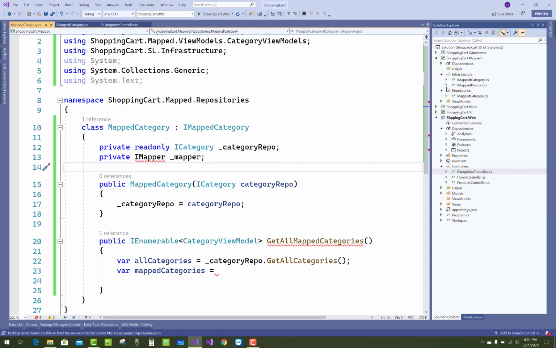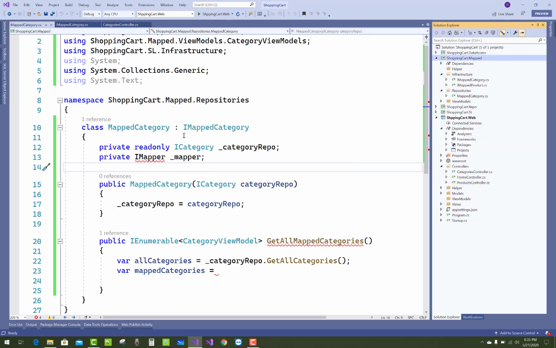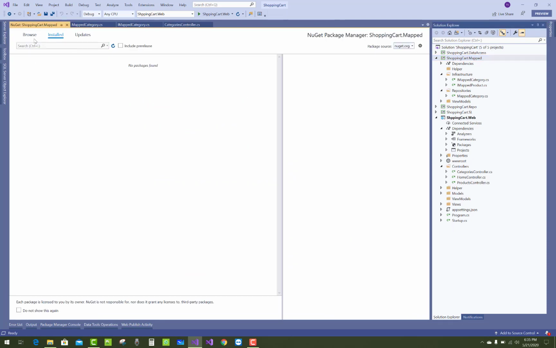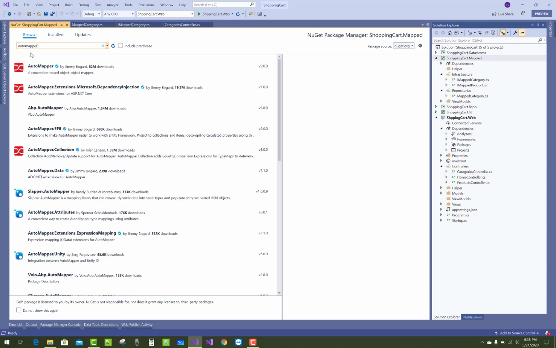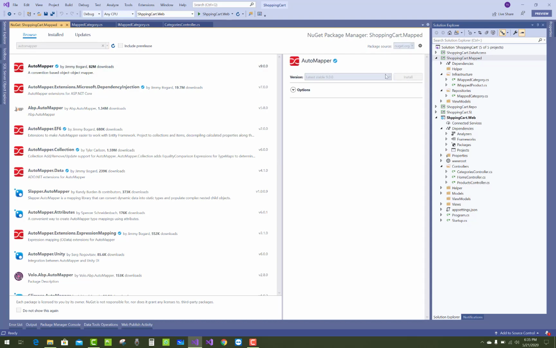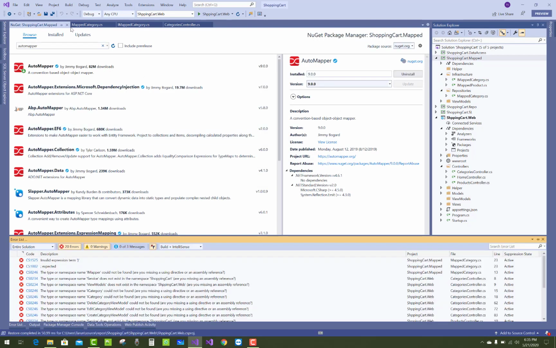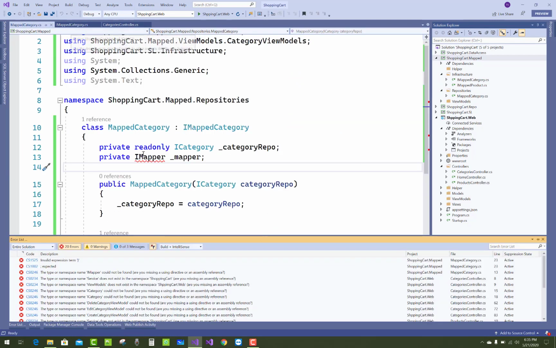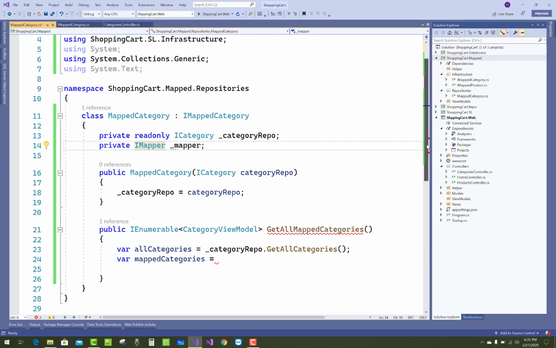Install the IMapper interface package, that is the AutoMapper package. You can also do that by right-clicking on your project name and going to NuGet packages. In the browse section, search for AutoMapper; the latest version is available. Lots of errors occur in the output section, so I will resolve them in a later session.